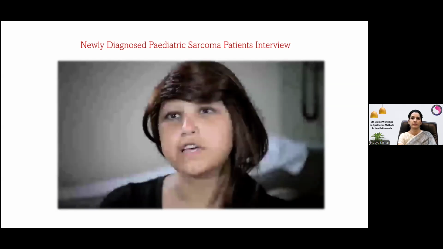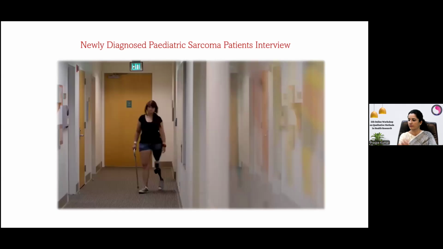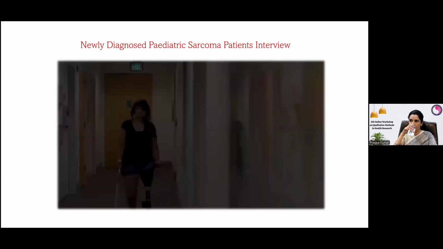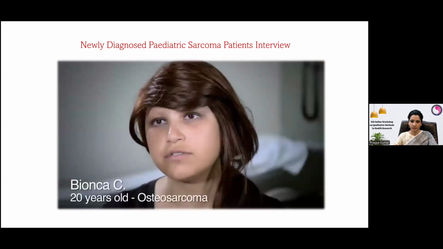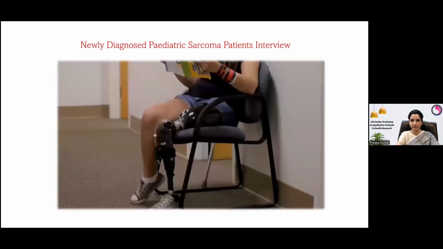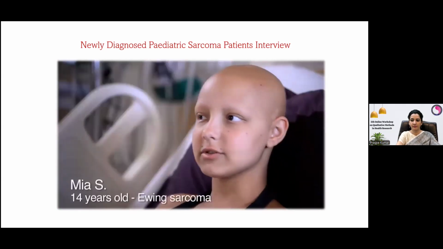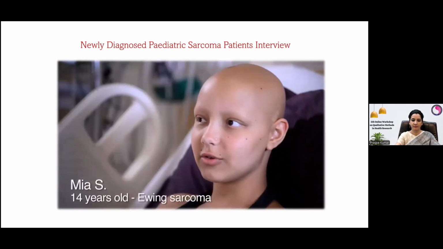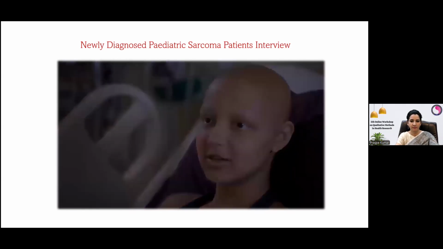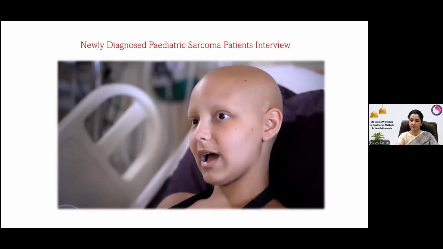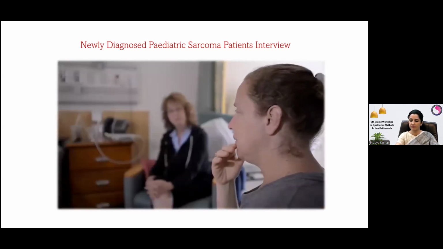When I first found out that I had to get my leg amputated, I was in complete shock. I mentally had to prepare myself to come to terms that I wouldn't have a leg anymore. I feel like every single aspect has changed. I don't think one thing hasn't changed. I went from being an independent 14-year-old